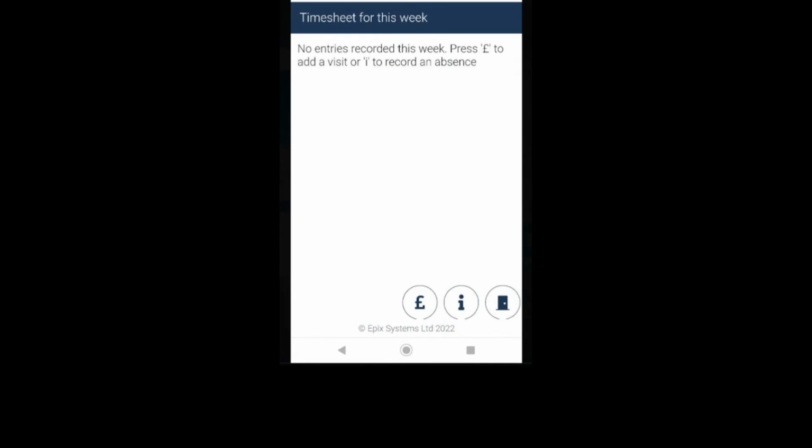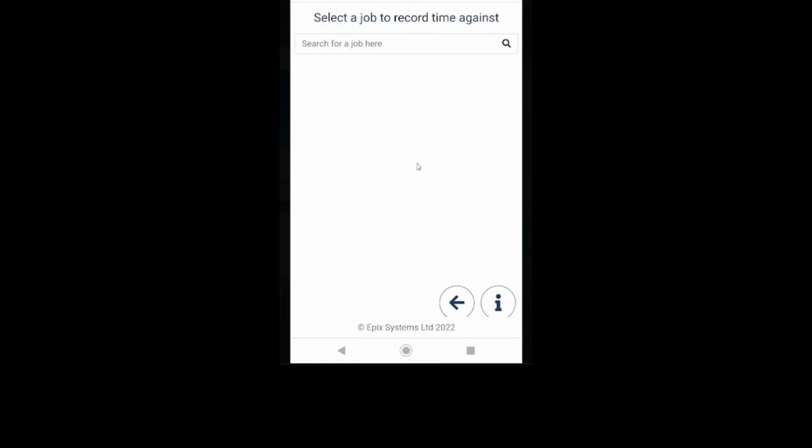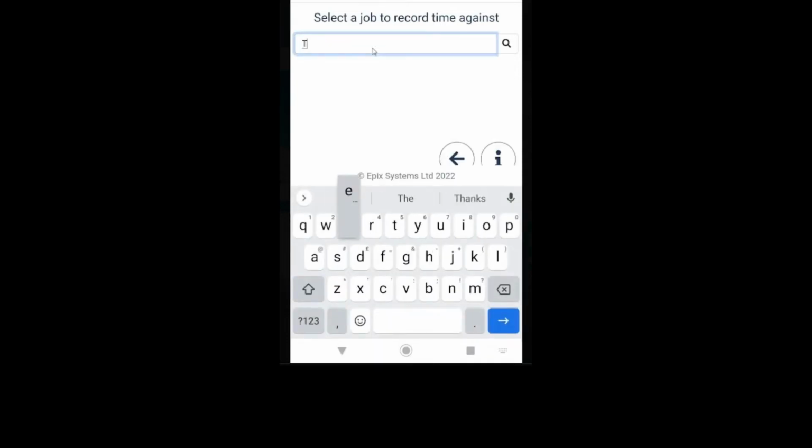So now we're logged back into the portal, we can now start to record our timesheet entries for the week. So if we were to click onto the pound sign at the bottom of our screen here, that takes us into the job search screen, where in this search bar that we have here, we can now type details of the job. So if I click into there and I type my test job here, as I type the word